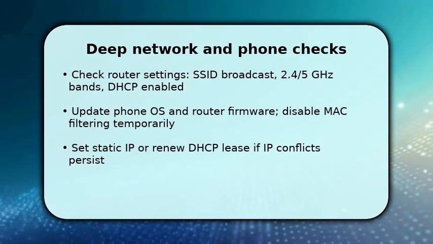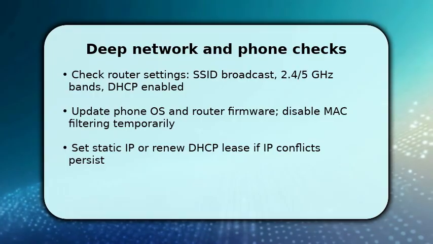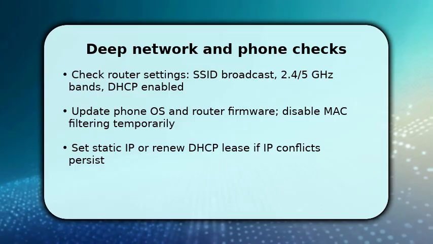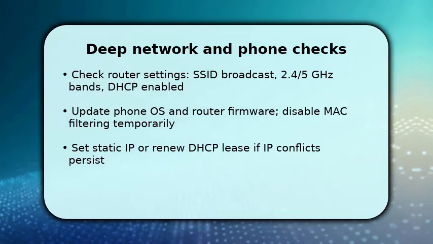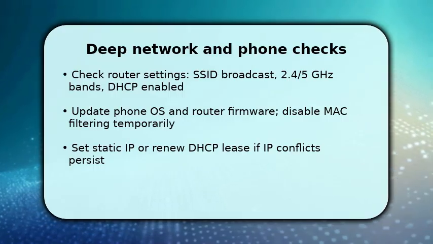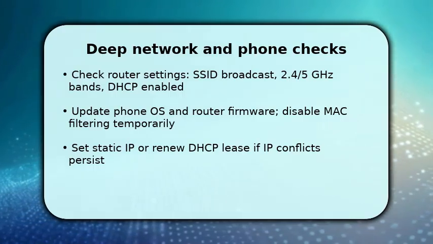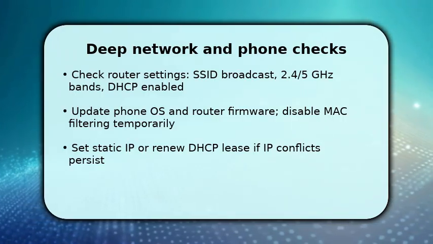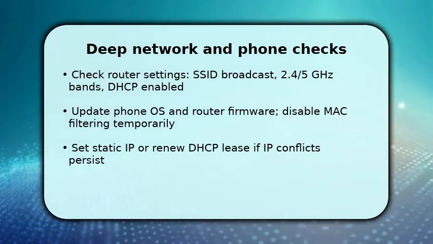Now you dive into the middle, more detailed steps that fix deeper causes. Access the router admin page and verify SSID broadcast, that DHCP is enabled, and which bands are active. Switch to 2.4 GHz if older devices struggle. Make sure your phone OS and router firmware are up to date and temporarily disable MAC filtering to rule it